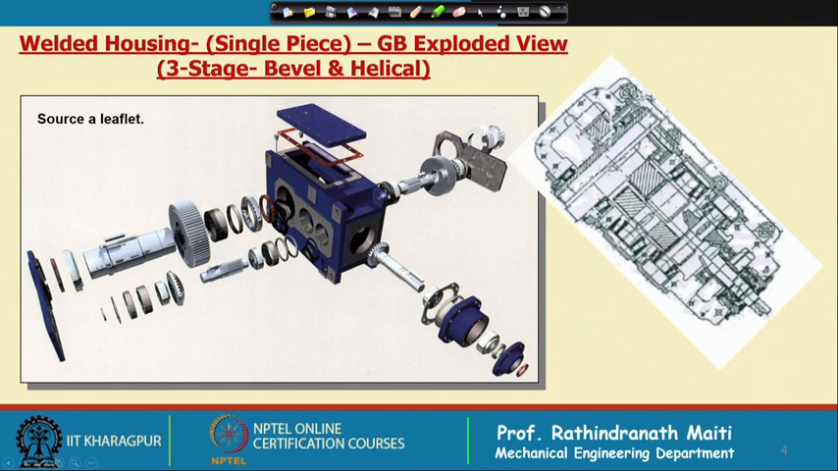Next, this intermediate shaft comes, bearings are put, then this shaft with pinion comes, and this gear can be put from this side, and then this side cover is put, there is another cover. Finally, this is the output shaft, this is put here. So, this is a little complicated and not an easy task to assemble, but this is just shown